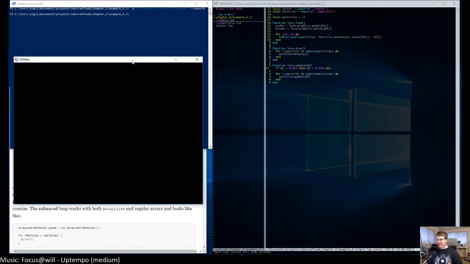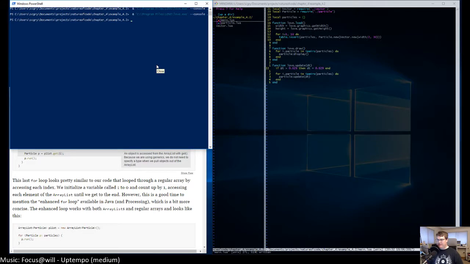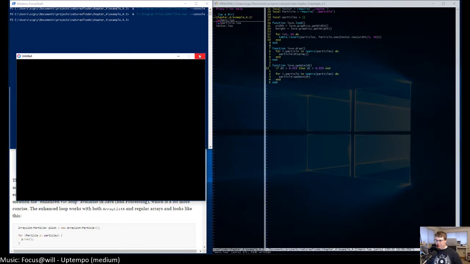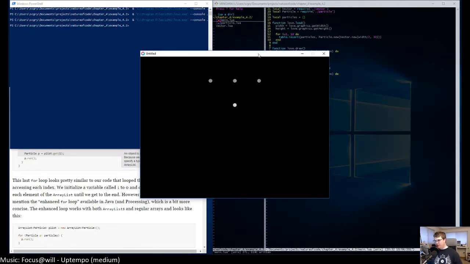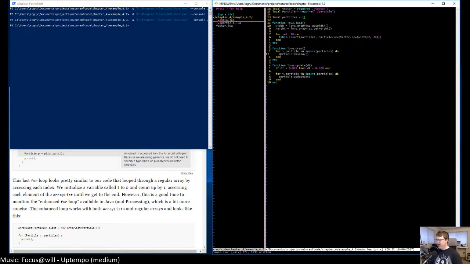That felt like it did not create 10 of them, but I think that's because it's a random direction and several of them chose the same direction, which, I mean, this is cool and all, but not exactly what I was hoping for. So I don't like the idea of doing this right here.